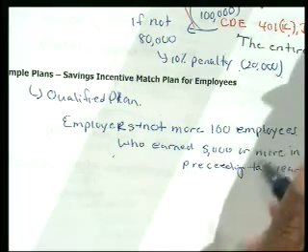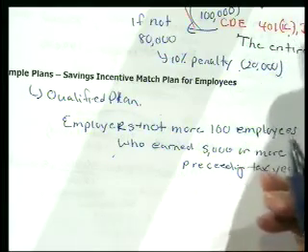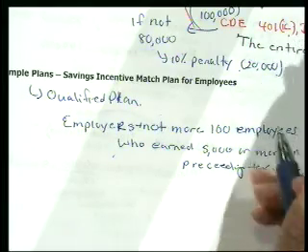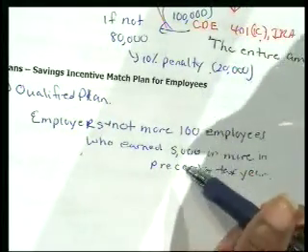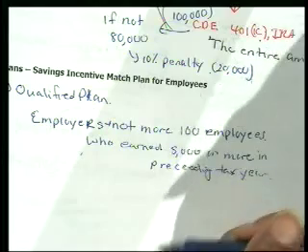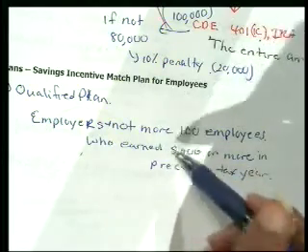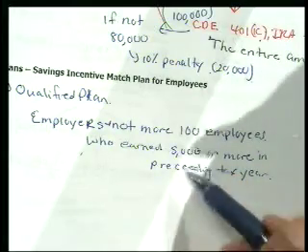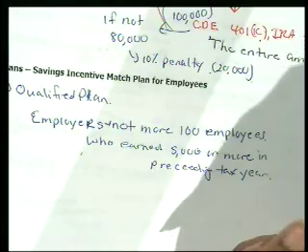Okay, so they briefly talk about these simple plans, and there are going to be some limitations on those contributions, none that we're going to really cover, but just be aware that they're called simple plans. They're out there, simple IRAs, and that is really for small companies or small businesses where you don't have more than 100 employees and who earn $55,000 or more in preceding tax years. So you want to look at that.